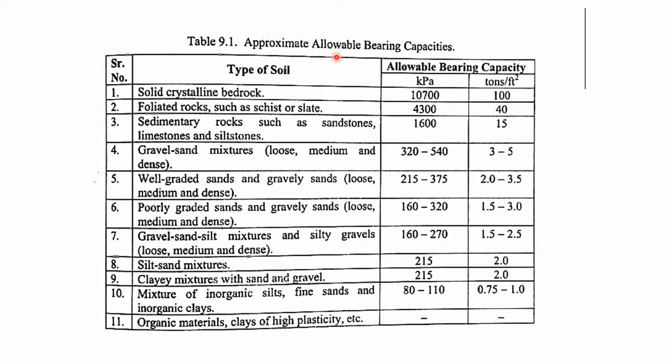Here are the approximate allowable bearing capacities if you do not have the calculations or geotechnical report for the design of buildings or any structure. So you can carry out the calculations by using these approximate allowable bearing capacities. Here is solid crystalline bedrock, allowable bearing capacity in kPa 10,700 kPa, and in ton per square feet that is 100. Similarly here clay mixture with sand and gravel 215 in kPa, 2 ton per square feet in